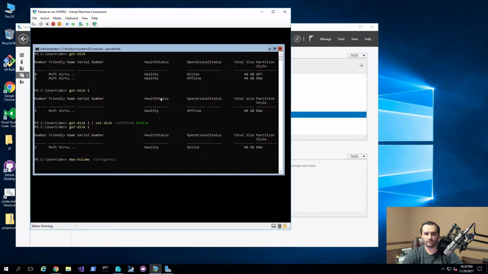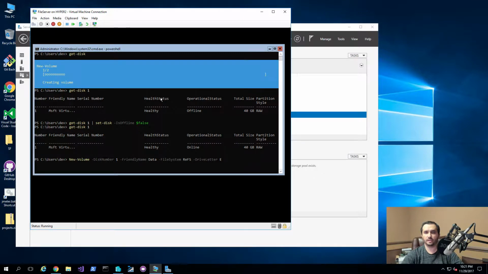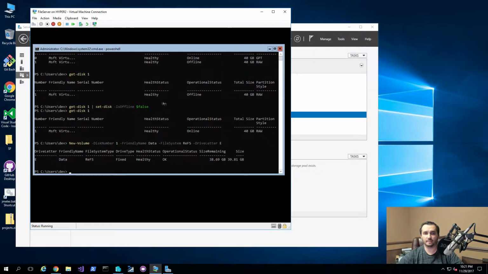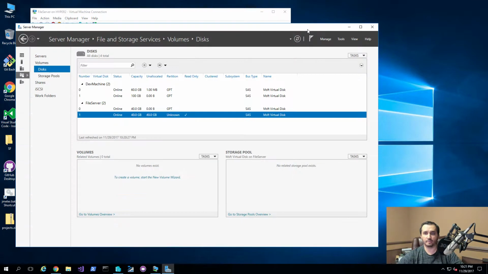And what we're going to do is type in the disk number, and that's going to be disk number 1. The friendly name, basically it's a label, so we're going to give it the label of data. A file system we're going to specify as ReFS. Access path we don't need to set, and a drive letter we're going to set to E. So, and we'll go ahead and run this, and this should actually format the disk and make it available